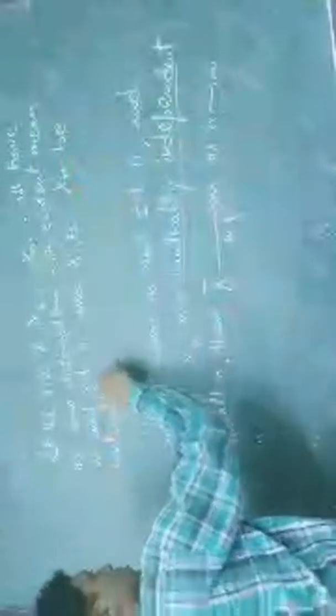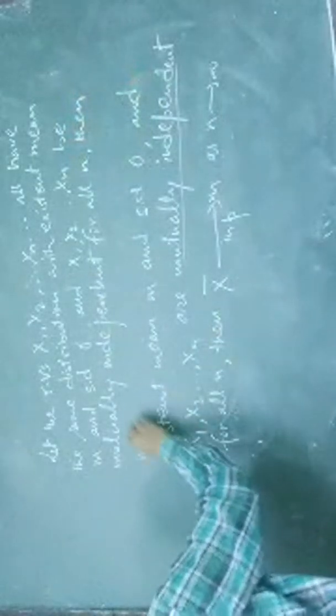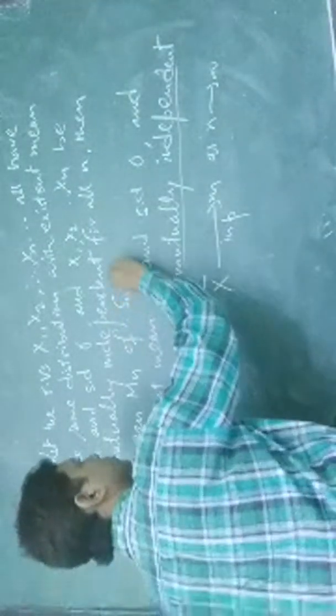Let x1, x2, xn be mutually independent for all n, then mean Mn of Sn is given by